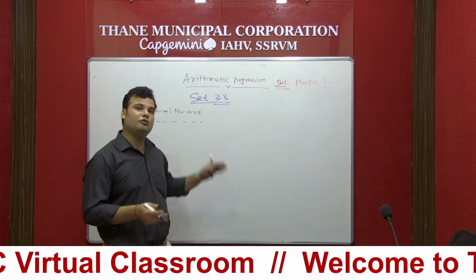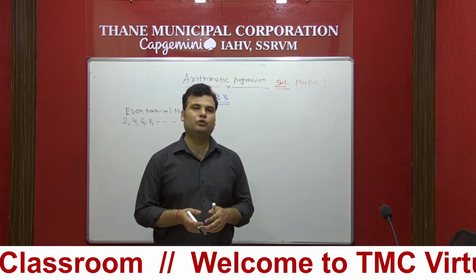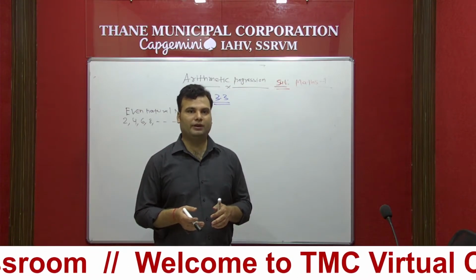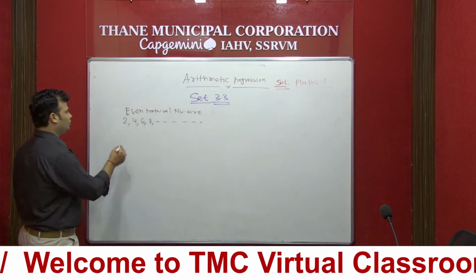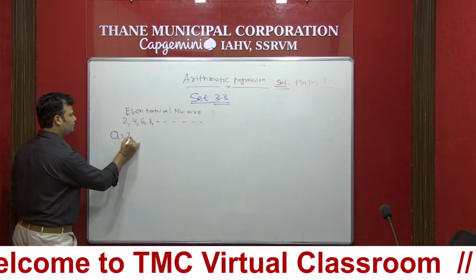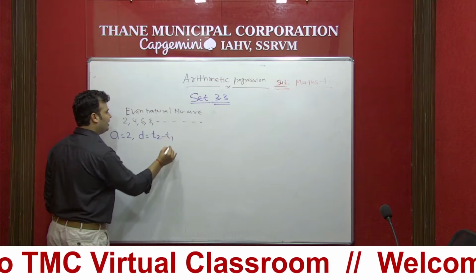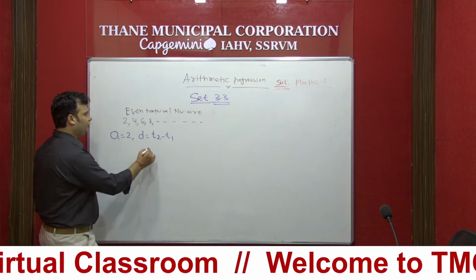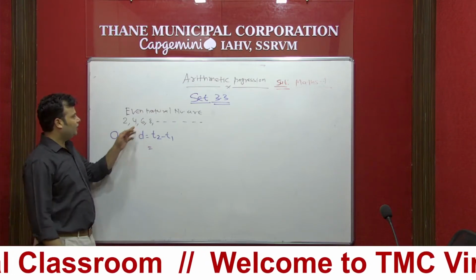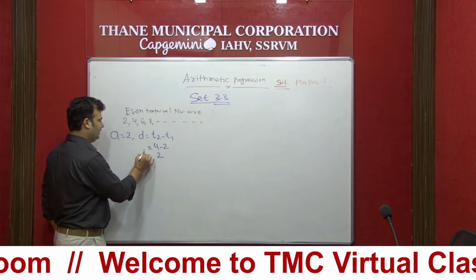So student, we have to apply the first formula, that is Sn equal to n upon 2 bracket 2a plus n minus 1 d. So in this part the first term is given. So a is given 2 and d we can find t2 minus t1. Even number. So even number कहाँ से start होता है 2 से, then 4, 6, 8. So t2 minus t1. So what is t2? t2 is 4 minus 2. So answer is 2. So d already you have found.